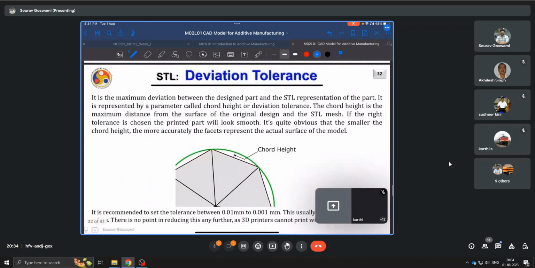And this optimization is achieved by two means, by controlling either the deviation tolerance, which is expressed in terms of the chord height. So you have a curve and you tessellate it. So maybe a straight line here, another here, and so on. And this height